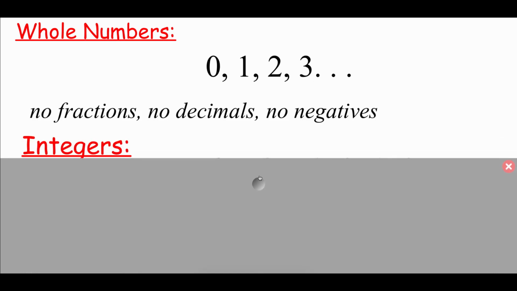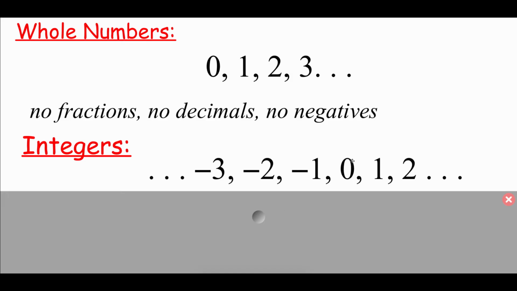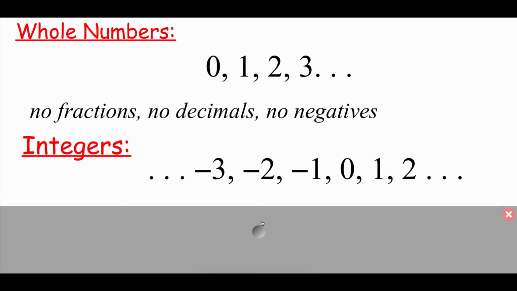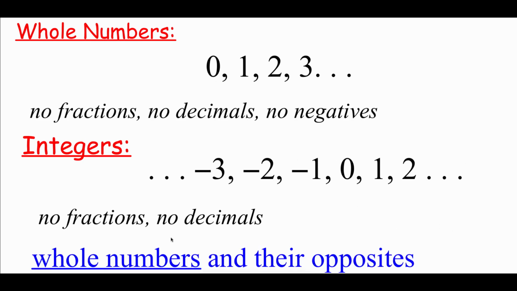But we can expand that a little bit further, and we get to these things called integers. So not only do we have 0, 1, 2, and going up from there, but we also have some negative numbers in here too. So negative 1, negative 2, negative 3, and going down from there. So again, there's no fractions and there's no decimals, but it has all of those whole numbers, those positive whole numbers, but it also has negative numbers as well. So we would say that the integers contain the whole numbers, the positive whole numbers, as well as their opposites,